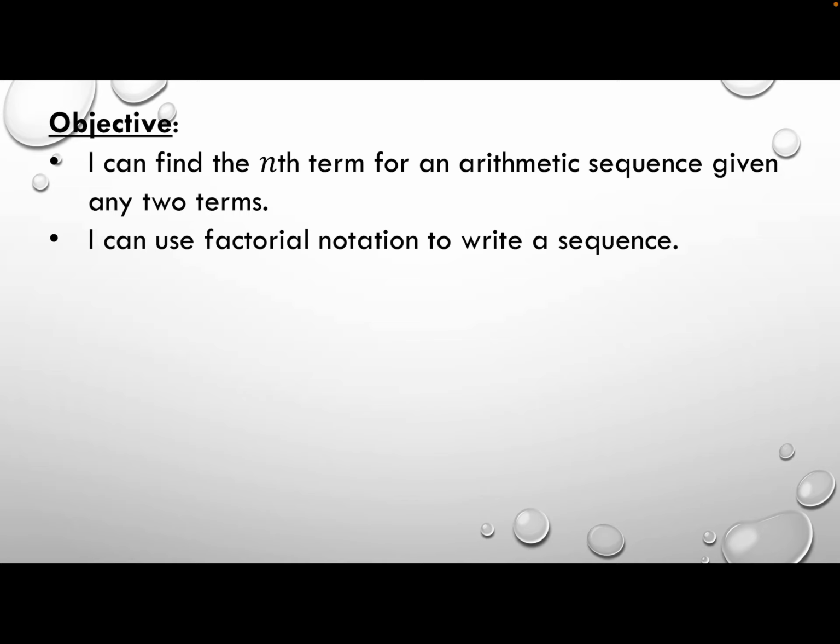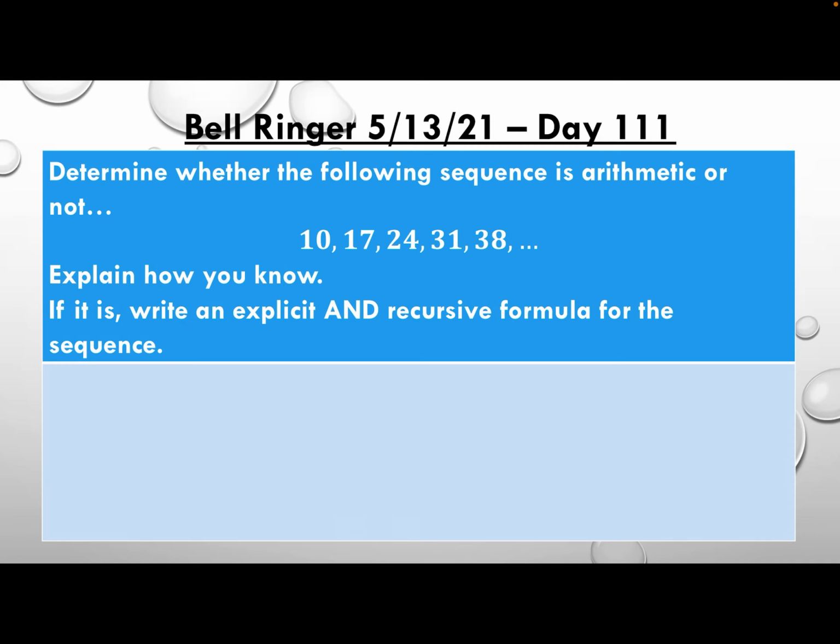In today's lesson, we will cover a special type of problem that you can encounter when dealing with arithmetic sequences. And then I'm going to introduce you all to a new type of notation that you most likely have never seen before. But before that, just in case the bell ringer was not reviewed in class,